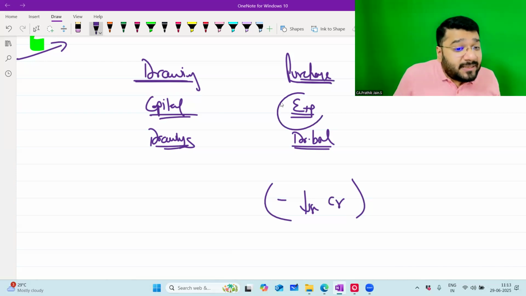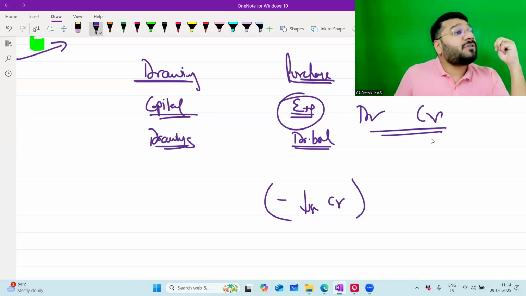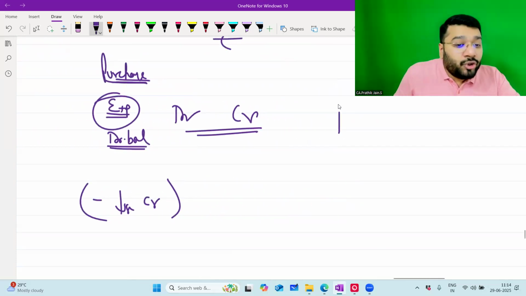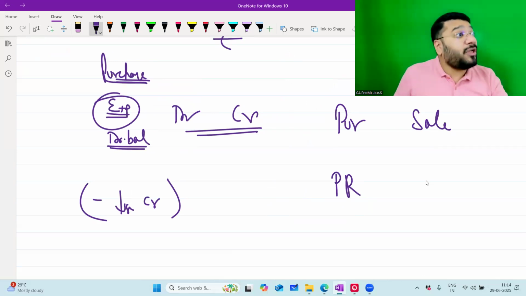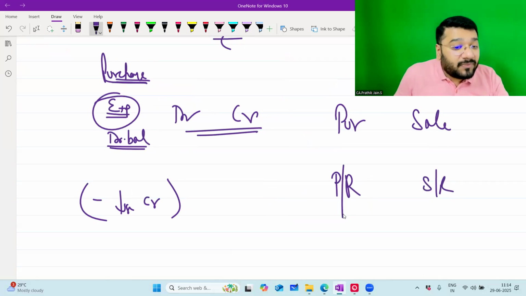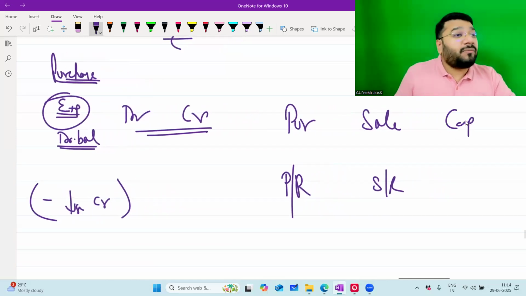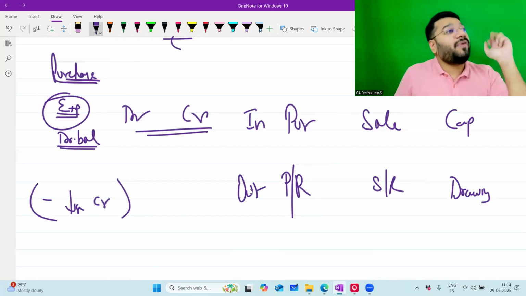Whereas for other items, you record in one account and reverse in the same account. But there are three items where you record in one account and reverse in another account. Those three items are: you record purchase in purchase account, and purchase return in purchase return account. You record sale in sale account, and upon returning it, not in sale account, you reverse in sale return account. When the owner gives money in the form of capital, that is recorded in capital account. When the money is given back, it is recorded in the drawings account. So these are the three items where in and out are recorded in two different accounts.